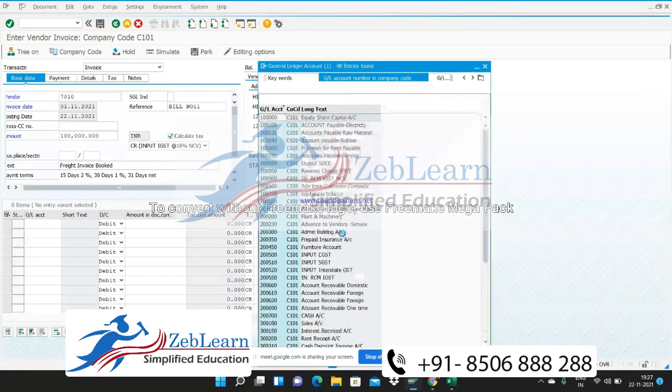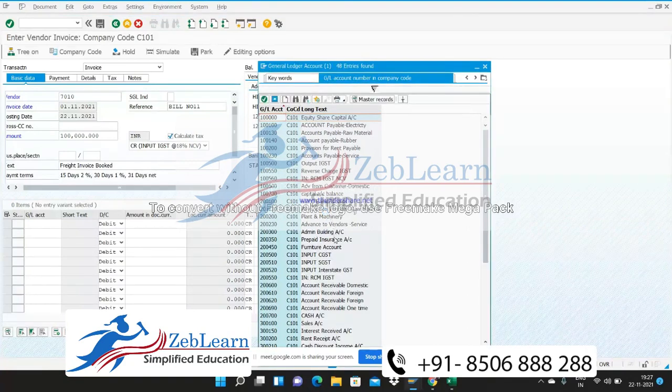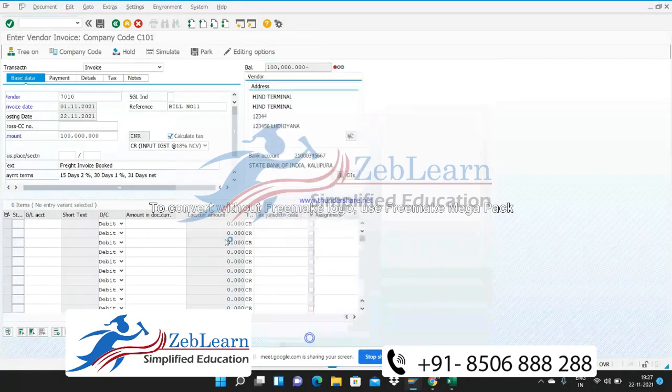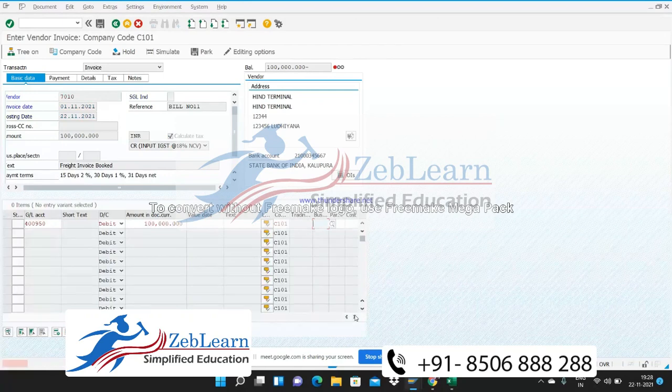Create GL, we are going to select. Yes, it is freight. One lakh rupees, freight amount. Business area.